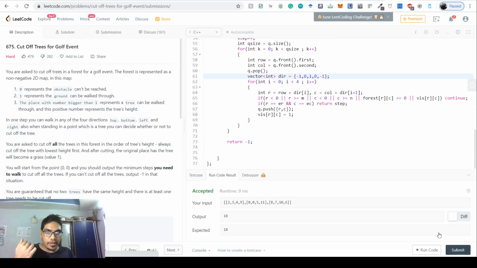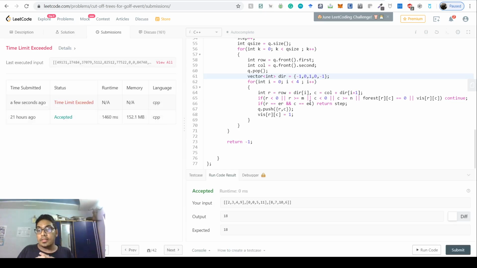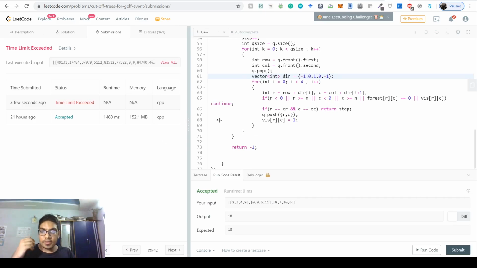Let's submit this code and see whether it gets accepted. Hopefully it does. If there is a test case which fails, then we can handle that. Hopefully there is no time limit exceeded, because it seems that oh, there is a time limit exceeded, right? So we'll have to figure out why. Because we did not think of a corner case, right? Cool. So let's have a look and actually debug where we made the mistake.